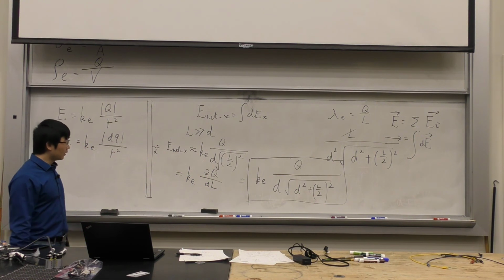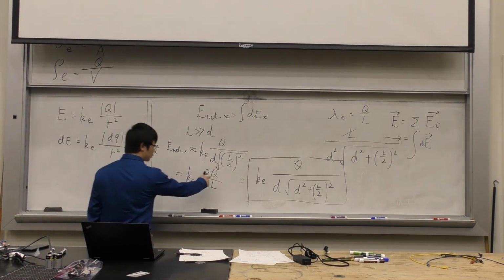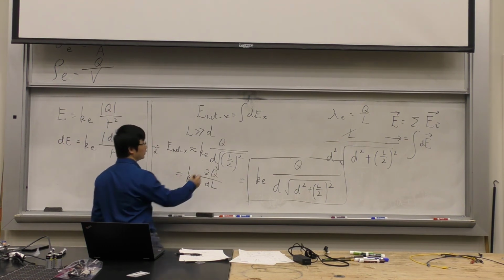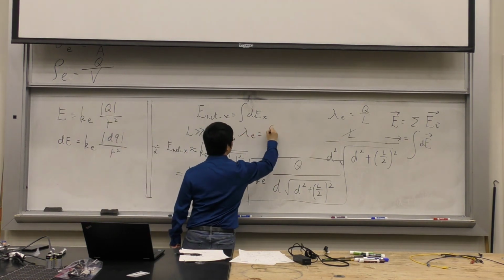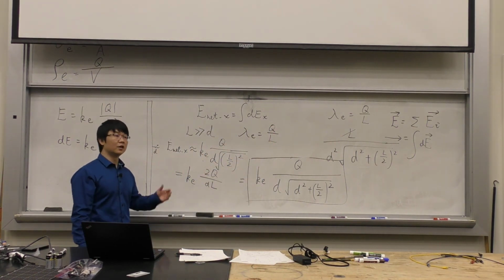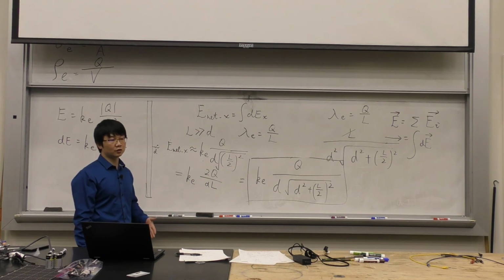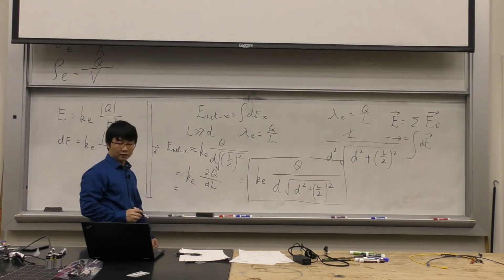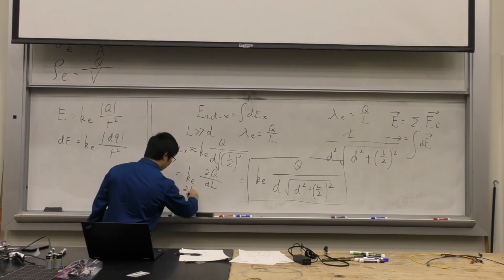Okay? And then if the rod is very, very long, but this Q over L is still a uniform charge, it's going to become the lambda E we defined, right? So all I need to know is actually the lambda E, the linear charge density. I don't even need to know the total charge and total length, right? So this is going to become a very easy, simple